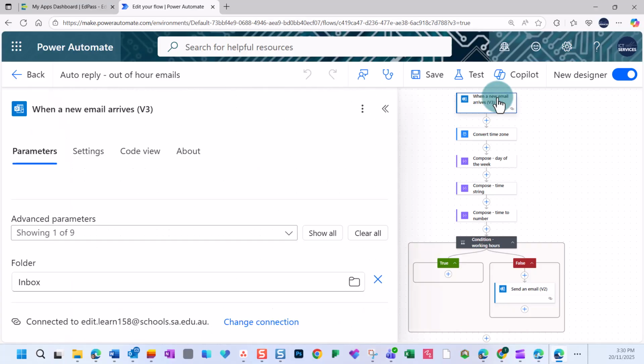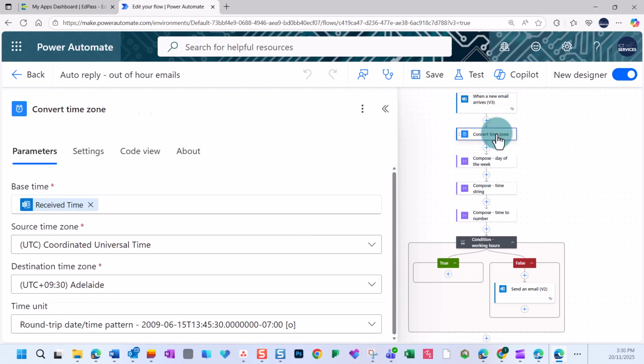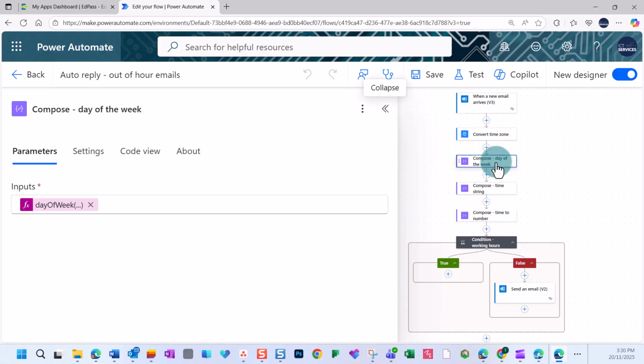To do this, we'll create a flow in Power Automate, which checks each email you receive in your inbox, converts the time and date the email was received into Adelaide time, changes the day received into a number, for example, Monday is a 1 and Sunday is a 7, converts the time the email was received into something called a string, and then converts this string into an integer, so that we can use it in the next step, a